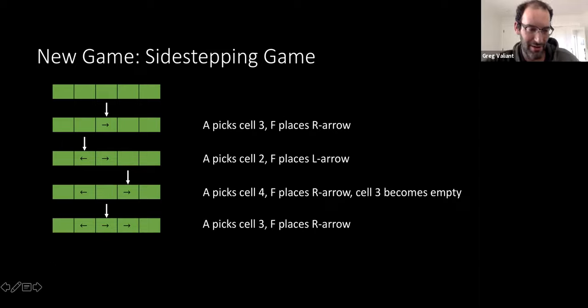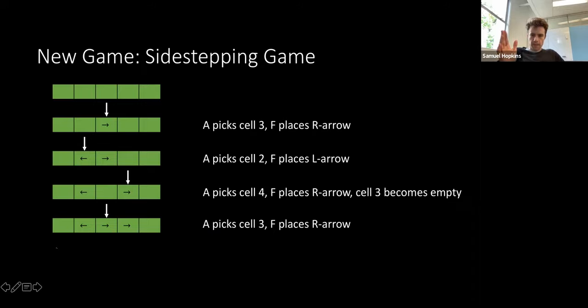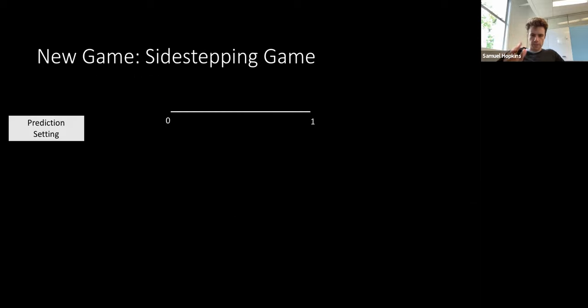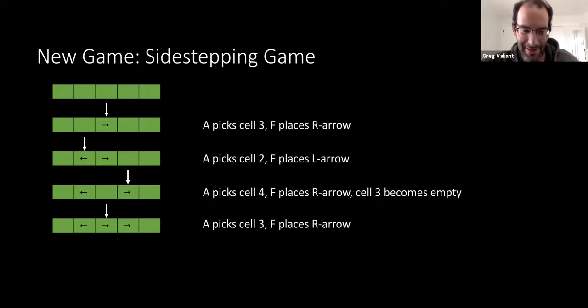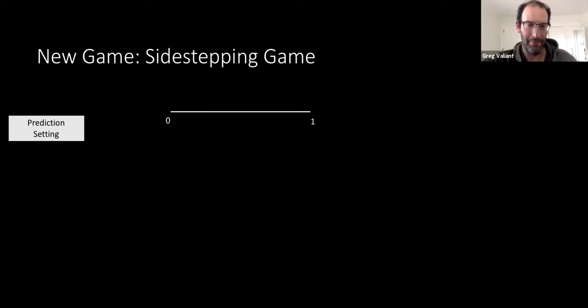Any questions about how this sidestepping game is defined? Is there a correspondence that we should see already between the players in this game and the forecaster and nature in the previous game? It's not even really clear to me who is who. Yeah, okay, good. I'm going to attempt to describe the intuitive correspondence in this next slide. If this isn't clear after this slide, we should discuss it. It's not a great slide.